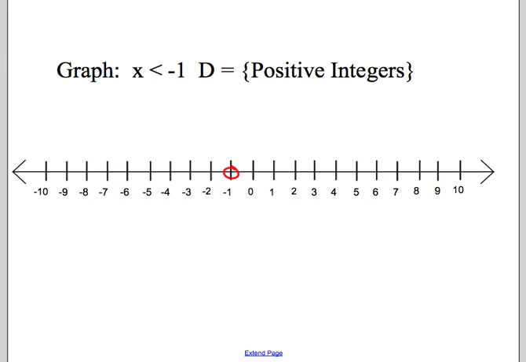Hey, which points meet the requirement for this? Kelsey? 0, 1, 2, 3. Are 0, 1, 2, and 3 less than -1? Yeah. So it's just 1. No, just 0. There is nothing that meets that requirement with that domain, correct? There are no values less than -1 that are positive numbers. So the answer to this